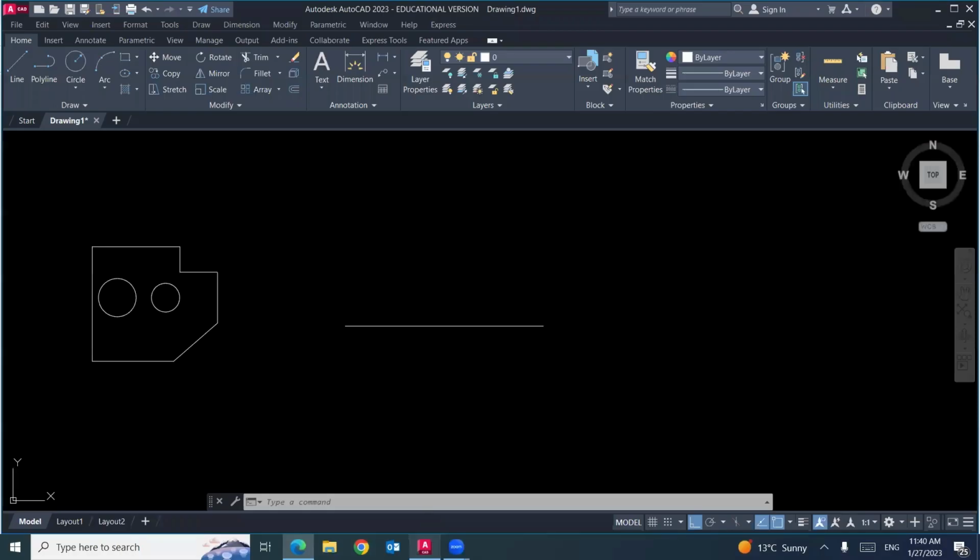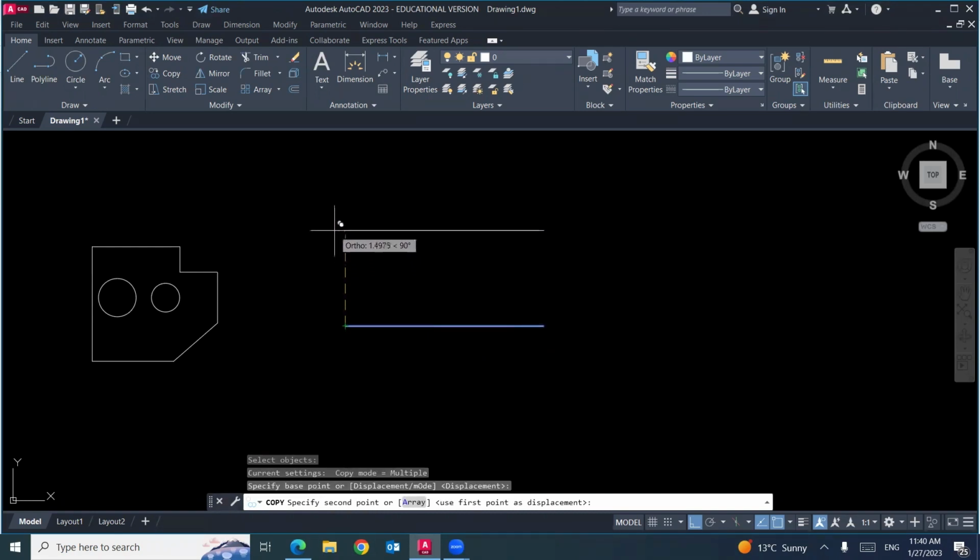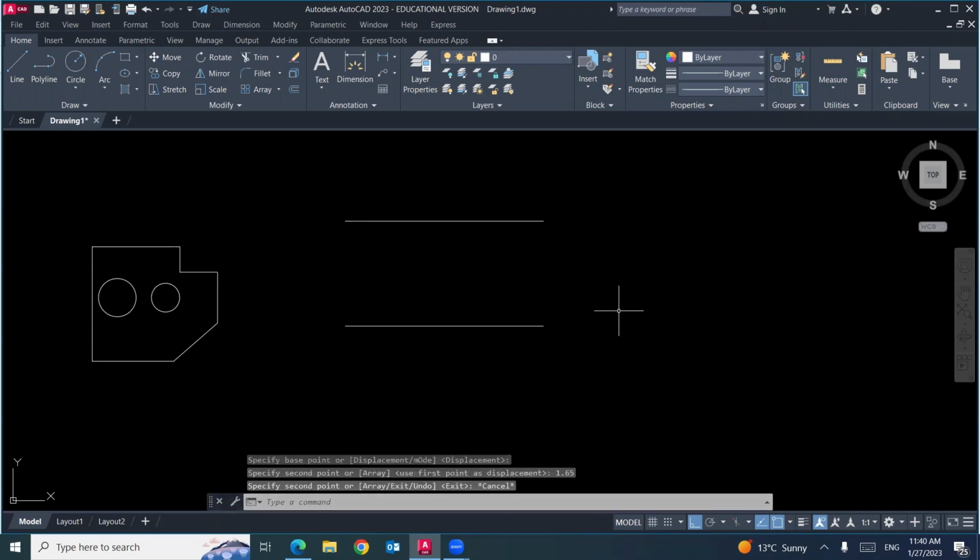So I will do a copy, CO, enter, select this object, enter. I will hold it from here, for example, and move your mouse in this direction. Make sure your ortho mode is on to make sure the object will be moved up exactly perpendicular in the vertical direction. I will put 1.65, enter. There you go.